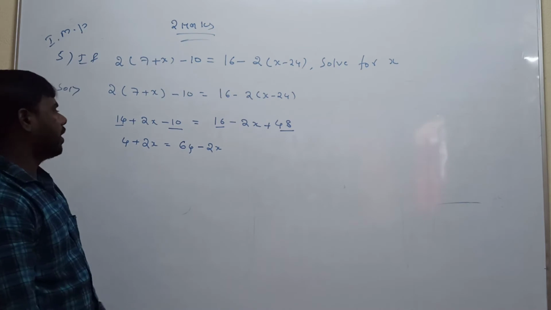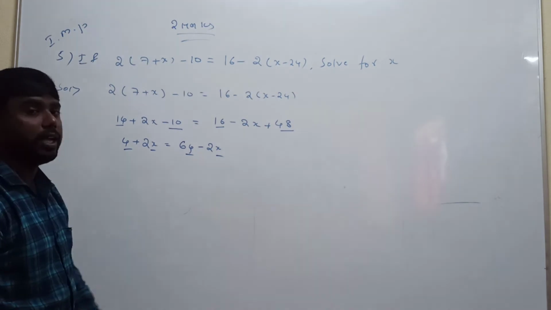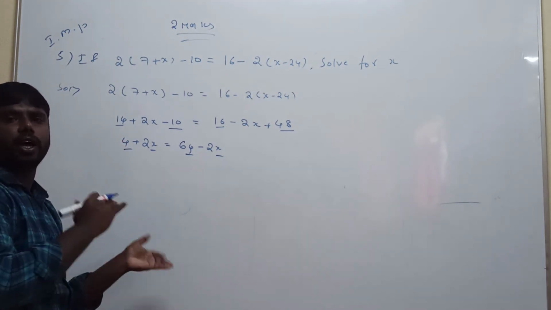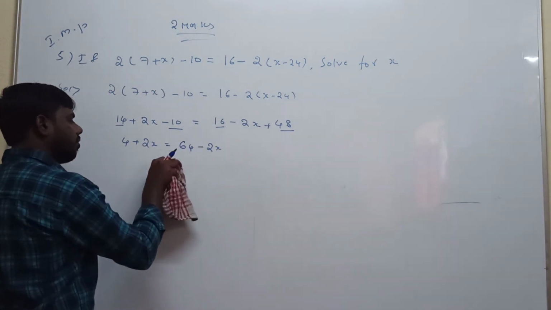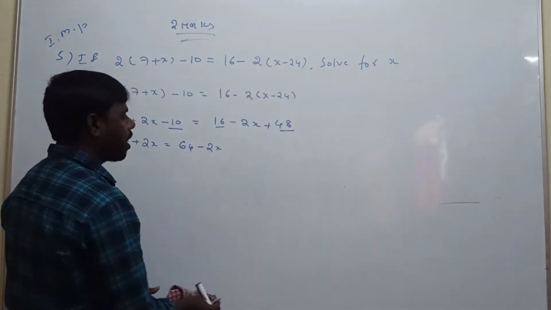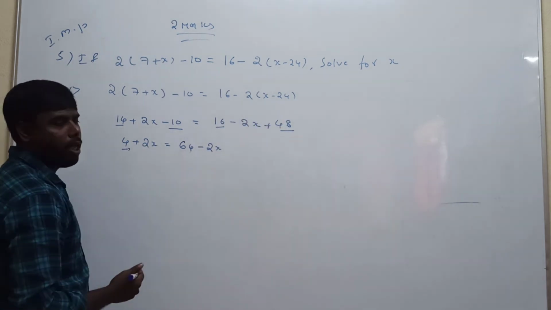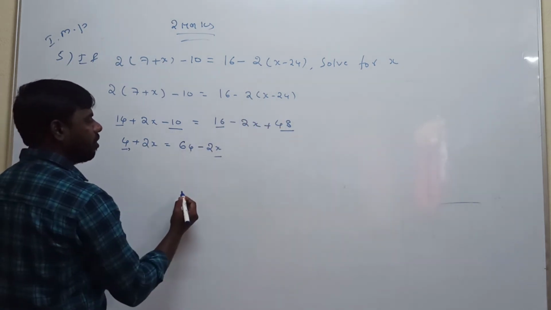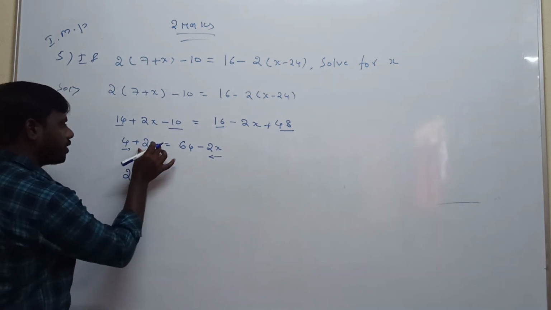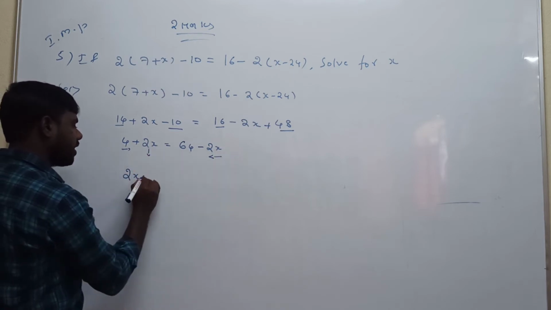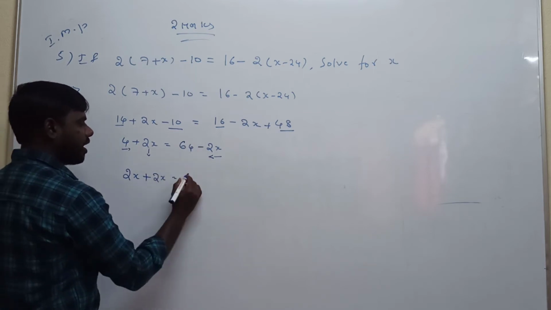So here both side constant values are there and also the x variable is there. So now how to do this: take the x variable to one side, the constant value to one side. Whenever both side constant values and x variable values are there, take x values to one side and constant values to the other side. Here this is the constant value, so plus 4 take that side, minus 4. Minus 2x is the x variable, take this side, plus 2x. Plus 2x is as it is. So all x variables taking one side. 64 is the constant, as it is.